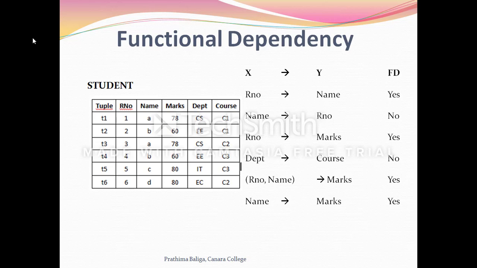With these examples, I'm pretty sure you have understood that a functional dependency is a property of attributes in any schema R. It is a constraint that must hold on every relation instance r of R. And if K is the key of R, then K functionally determines all the attributes in R.